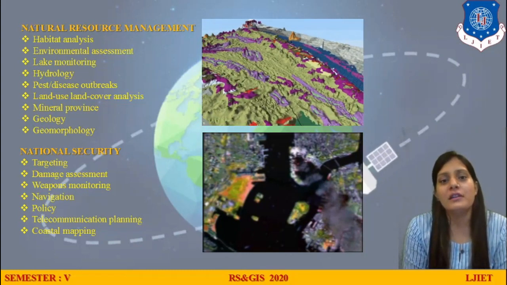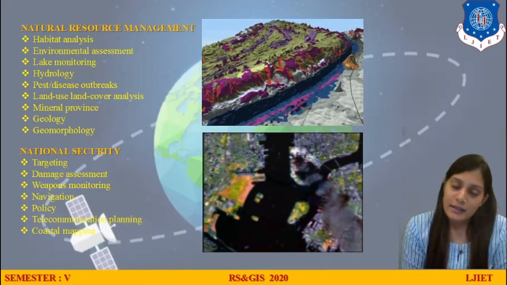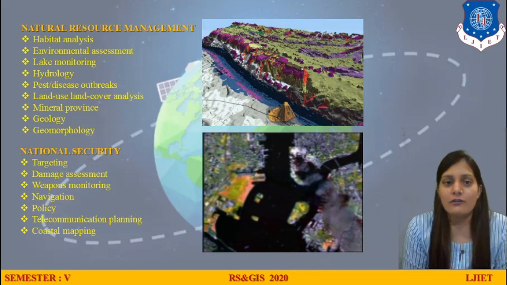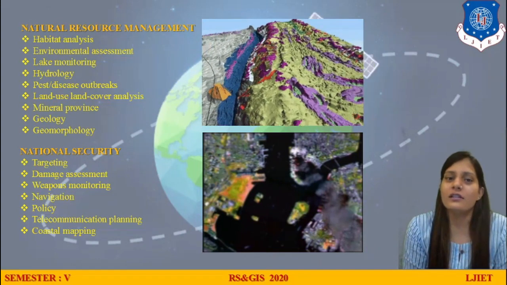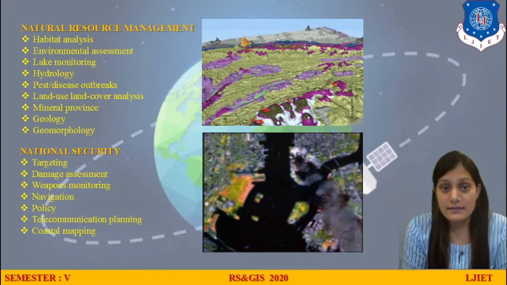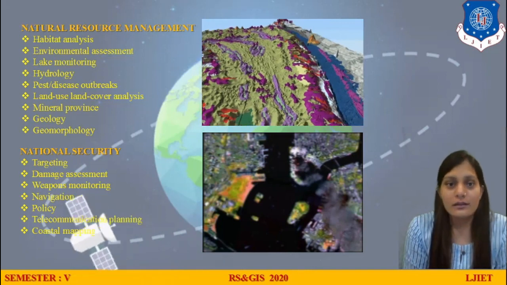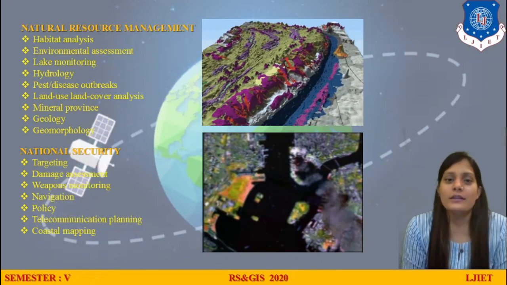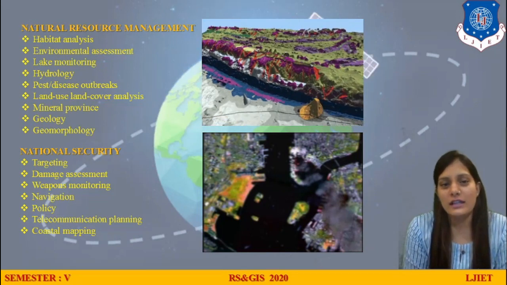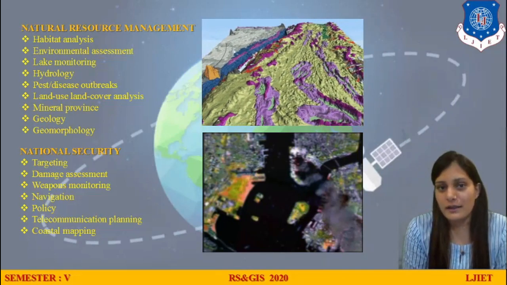Similarly, if we talk about the rivers, lakes, they should be properly maintained, and that can be done by remote sensing and GIS application. Here I would like to give you an example. You have heard of river Ganga, and Ganga has been cleaned using remote sensing techniques. Yes, that is very true. But how can we clean Ganga, and how can we make that water clear, right? These are techniques developed by our country, and we are using them to clean river Ganga. So natural resource management is a very important topic coming up right now.